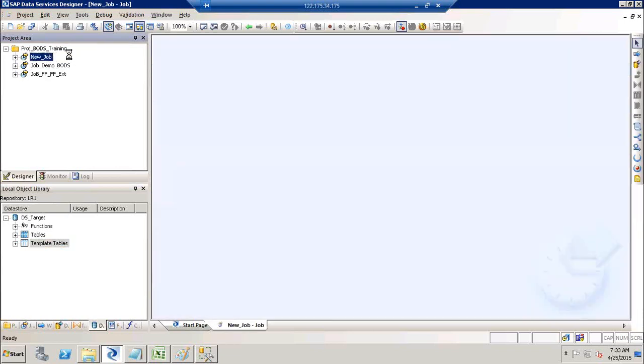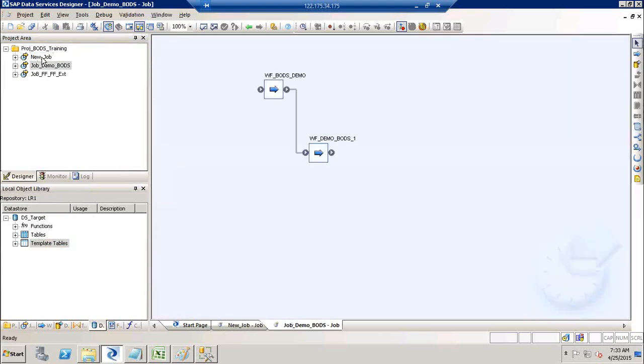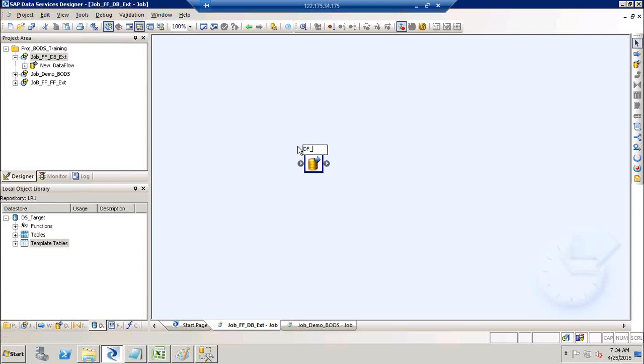So this is my job_ff_db_ext, flat file to database extraction, then df_ff_db_ext, flat file to database extraction. Open that one, and now